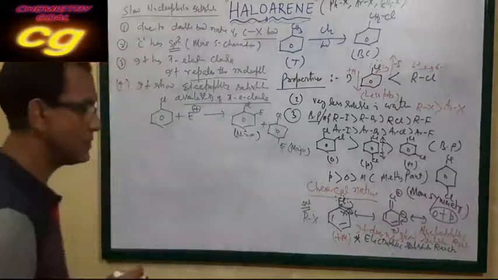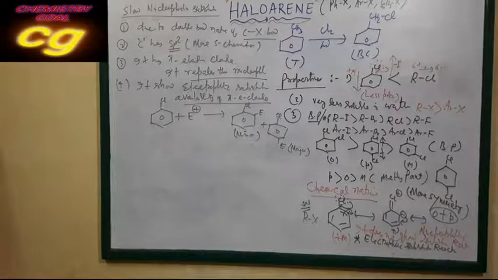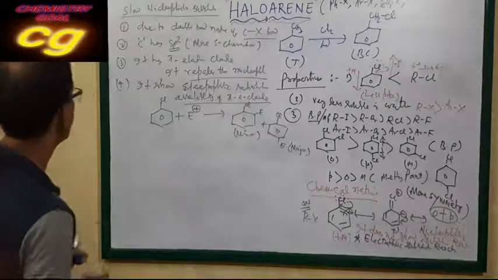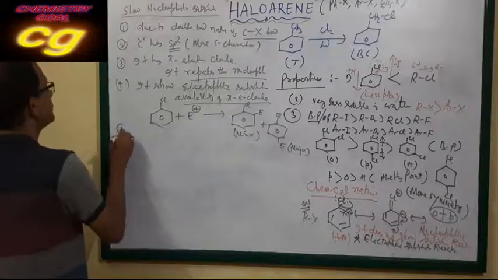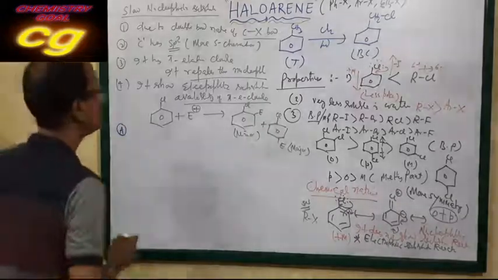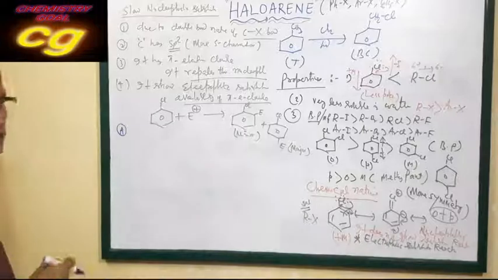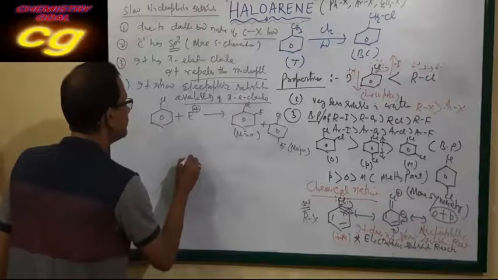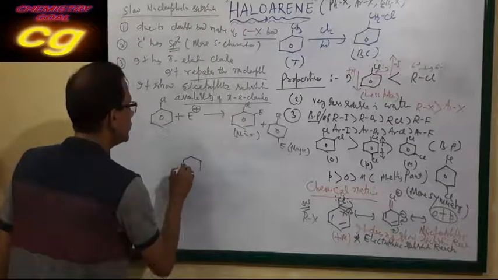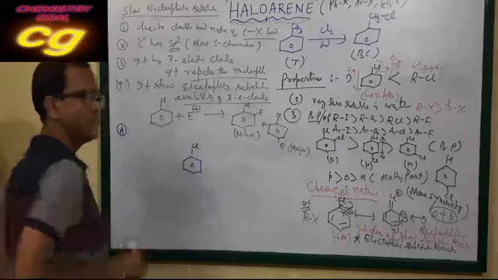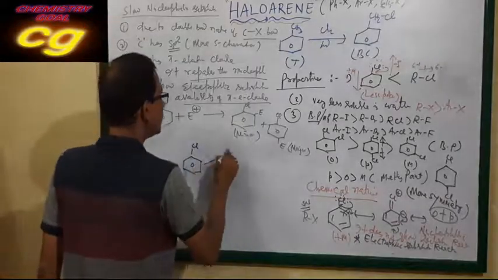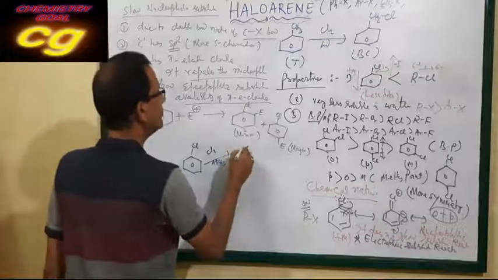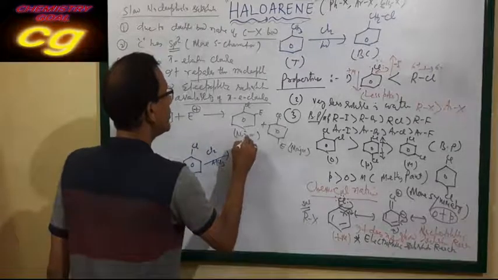These are the chemical properties of haloarenes. So how can you write this? What are the reactions of haloarenes? Let us discuss. The first reaction we can write is halogenation. We have already read this in class 11, in the benzene chapter. Suppose this is chlorobenzene, the structure of chlorobenzene. Chlorobenzene is an ortho-para substituted product. If you use chlorine and aluminum chloride, the next substitution will be at ortho and para.